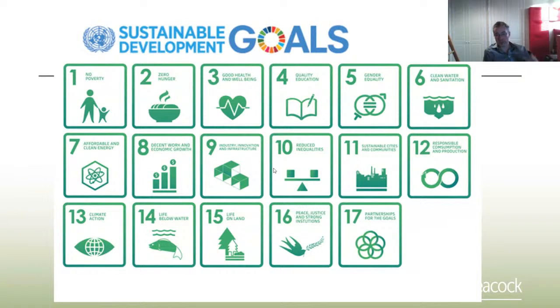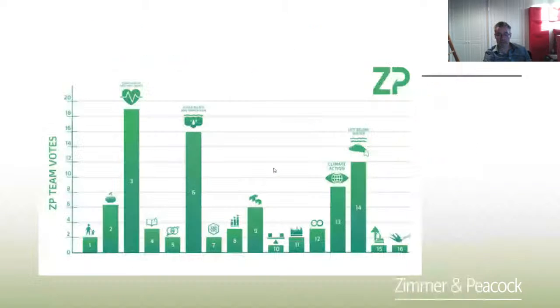We've looked at the 17 UN sustainability goals, and we've said to ourselves, well, as a business, there are 17 goals that we should be aiming for. But as a business, what do we do first? Because you can't do 17 things in parallel unless you're a really large business. We have to be able to focus. And so what we did is this.